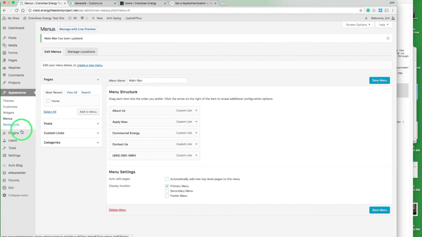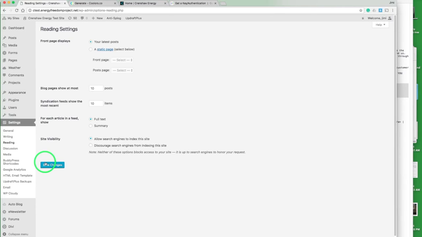And one last thing that we need to do is come in here to Settings and Reading, and we need to tell WordPress what our homepage is, because by default WordPress is set up to display your latest posts, kind of like put your blog on your homepage. And we want to change that to a static page, so we just click here on a static page, we select our homepage, save the changes,